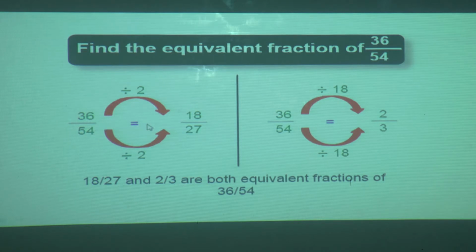So here 36 upon 54 we have written, and we have to reduce. Now you know the rules of divisibility. When you have an even number in the ones place, you can say that it is divisible by 2, giving a remainder of 0. So in short, 36 is completely divided by 2. And 54 also has an even number in the ones place, so here also it is divisible by 2.